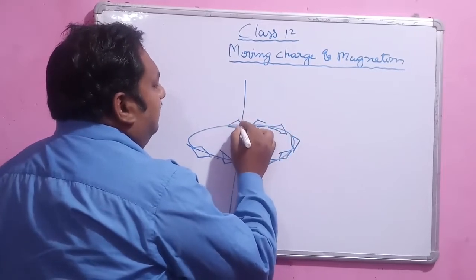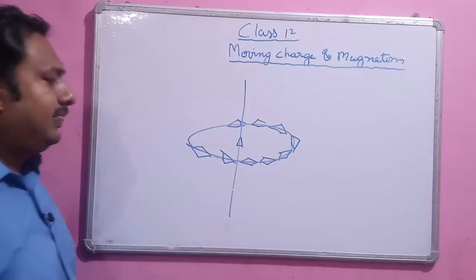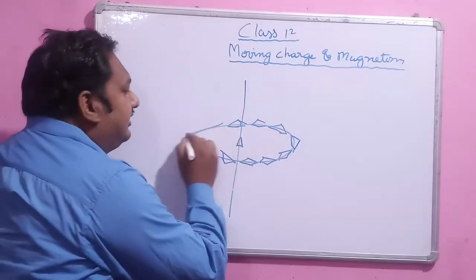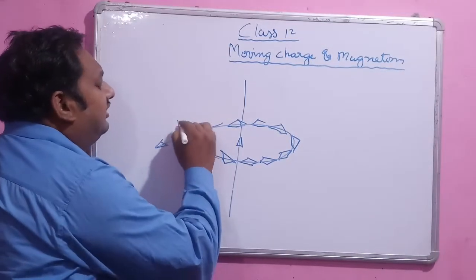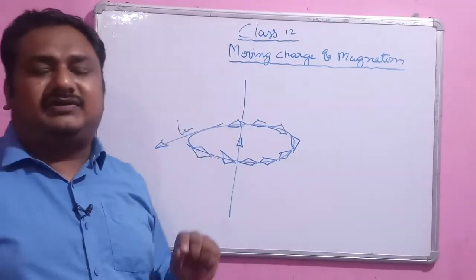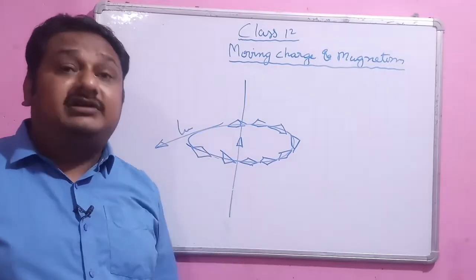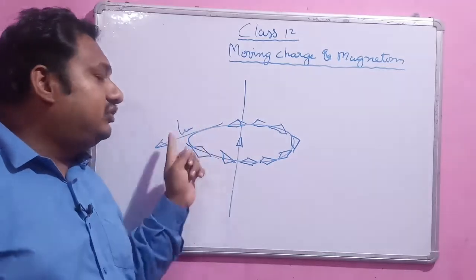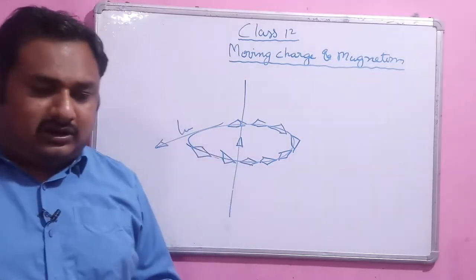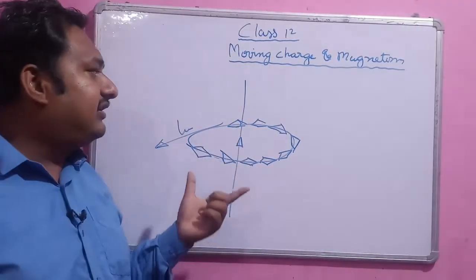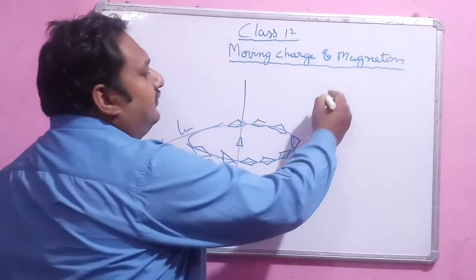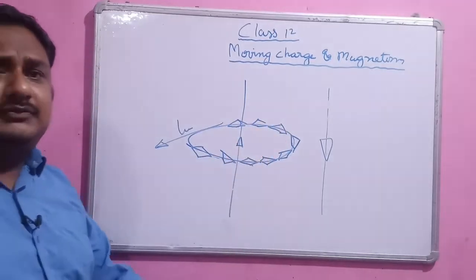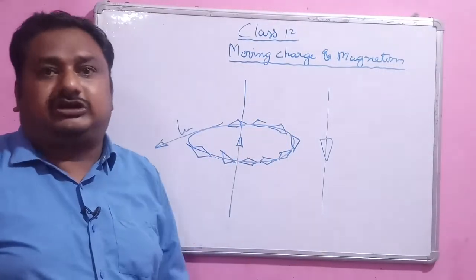It is important to note that the magnetic needle, as it deflects, makes a tangent to this circle, and that tangential line represents the direction of the magnetic field at each and every point. Now what is the speciality of this imaginary circle? If the current is reversed, flowing in the opposite direction, the orientation of the compass needle will suddenly change.